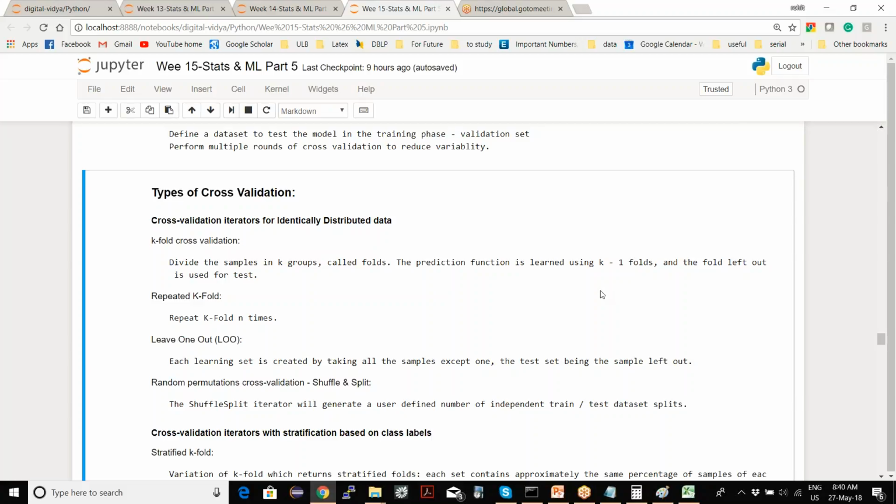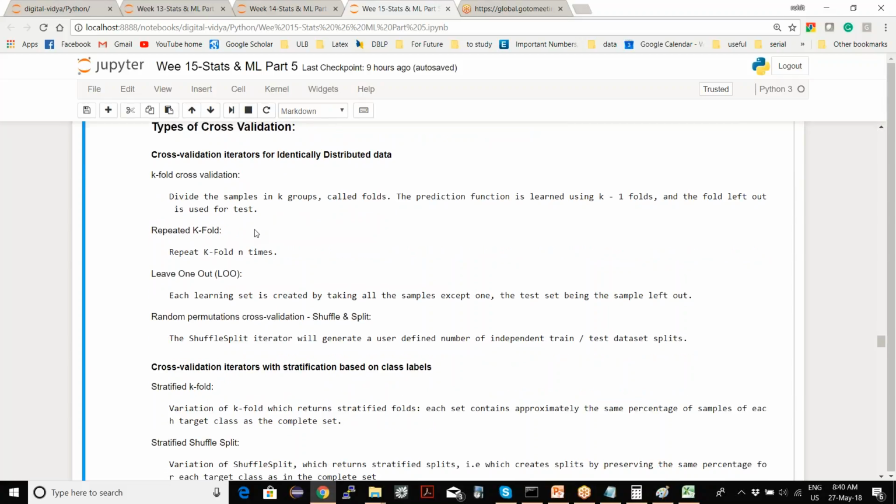Now there are different variations to this. You can repeat k-fold n times. The groups which are created will be created n different times, and then it repeats the same thing. It is used for comparing different models. You could have two different machine learning models, like one using logistic regression and one using random forest. Then you find the average accuracy using k-fold cross validation, and you see which one has the highest accuracy on average.